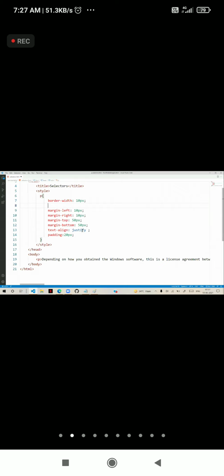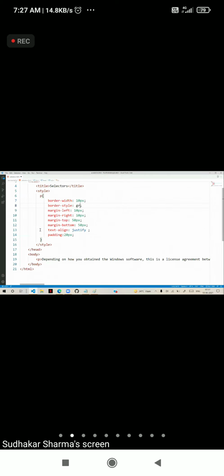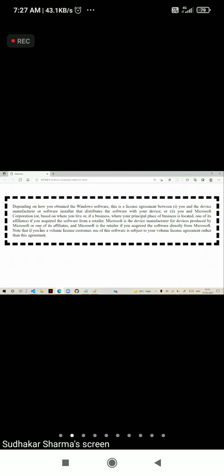So we have to add border style. Suppose I give groove, and you can see border style groove comes like this. Border style dashed comes with a dashed style like this.